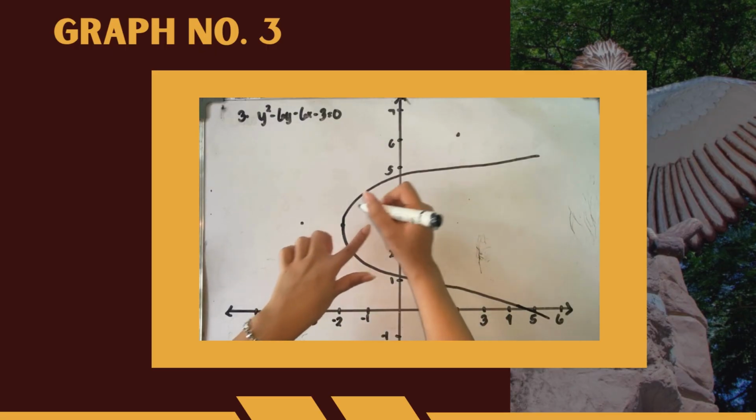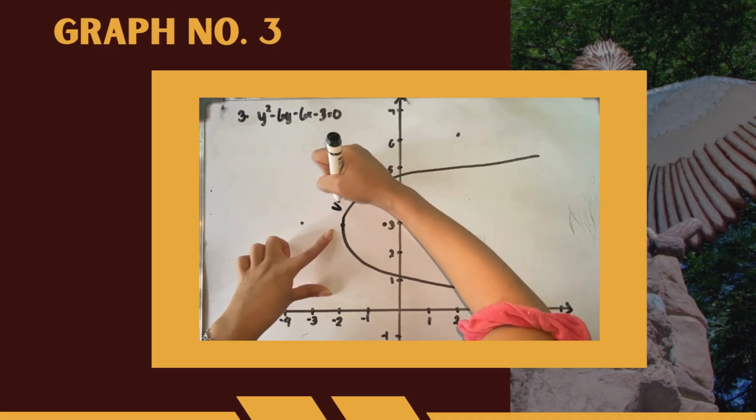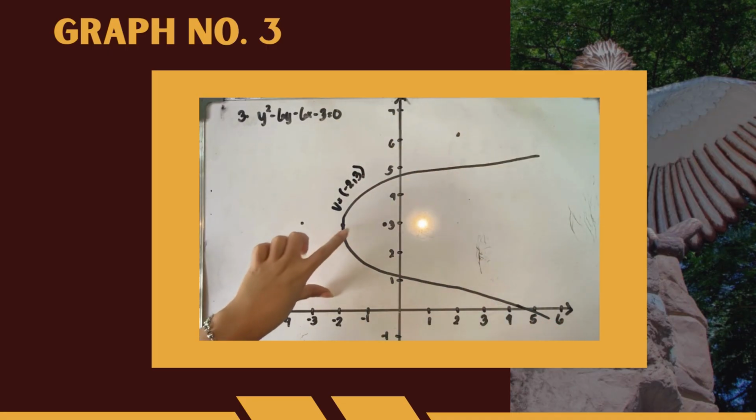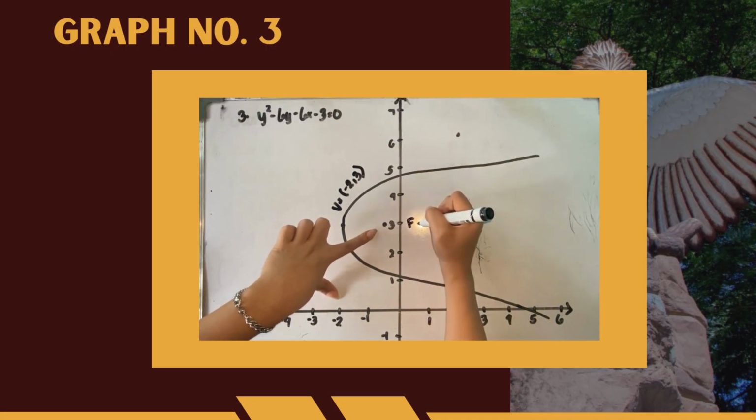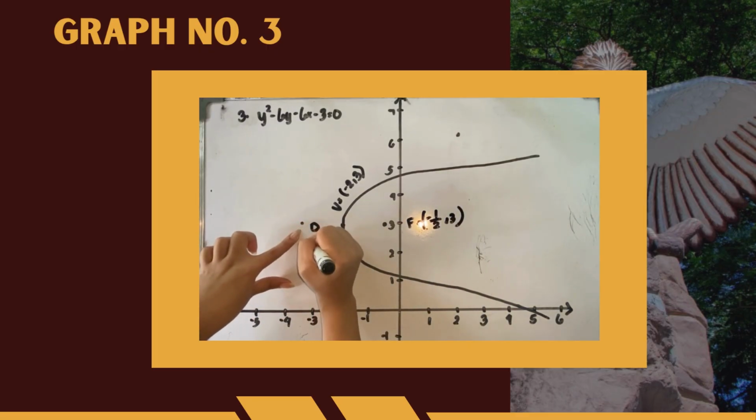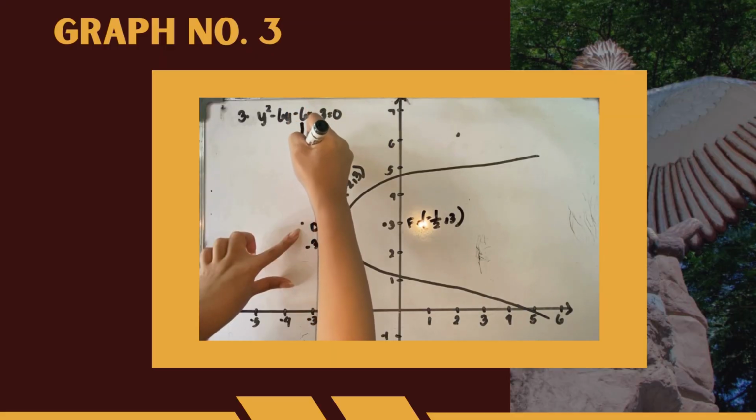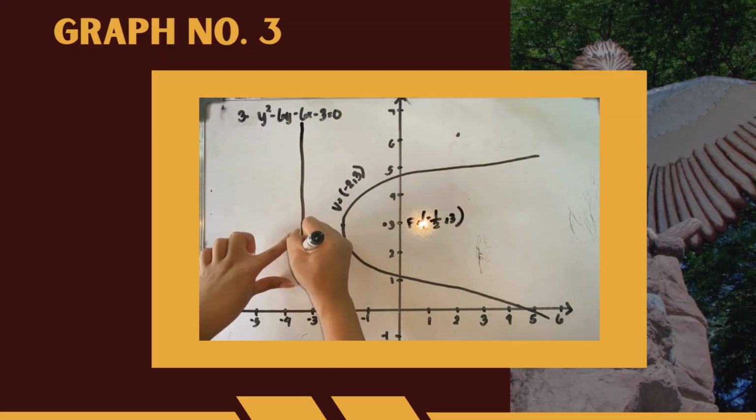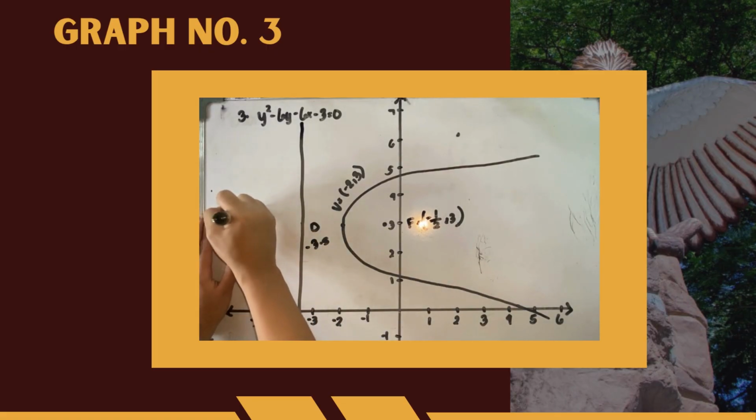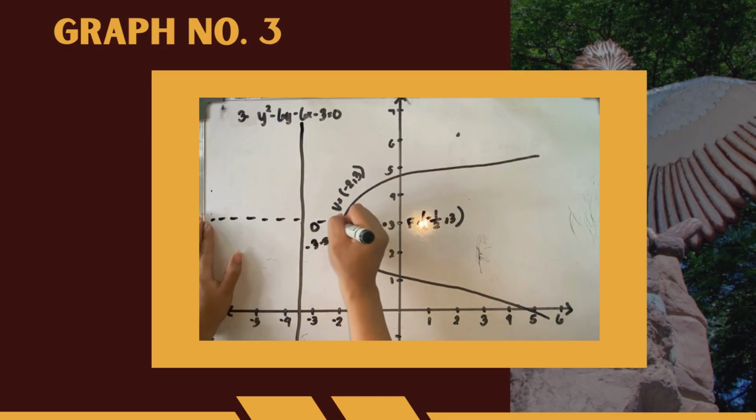Focus. So this will be that, which is negative 2 and 3. Negative 1 half and 3. Matrix is around 3.5, negative 3.5. So this will be our graph for